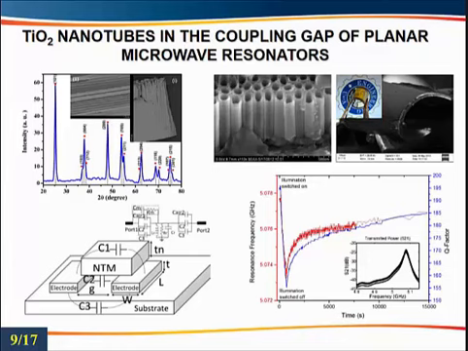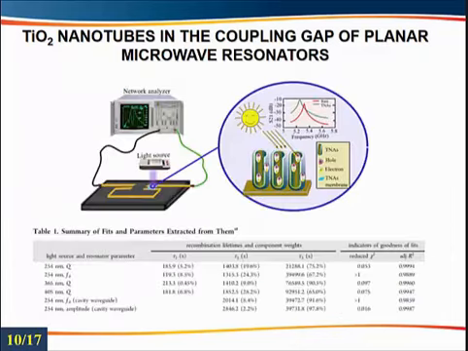And when you shine light, you see a fairly sharp change, though not very sharp, still over the range of a few seconds. You see a change in the resonance frequency, also in the other parameters such as the quality factor and the amplitude. And then when you switch the light off, the response decays back slowly, and you can fit those decays to exponential or bi-exponential decays to extract carrier lifetimes, because you have these long-lived charge separated states in these titanium dioxide nanotubes. And it turns out that